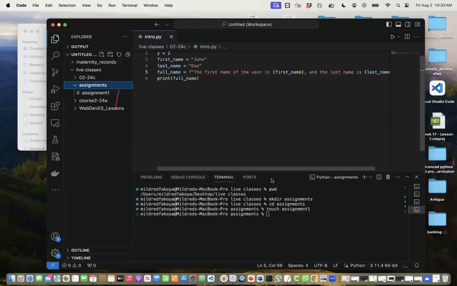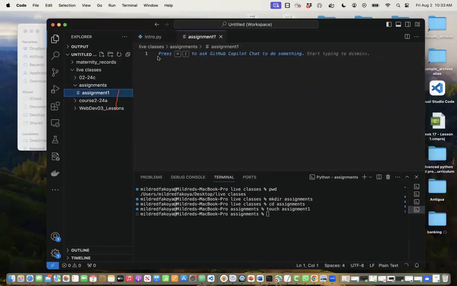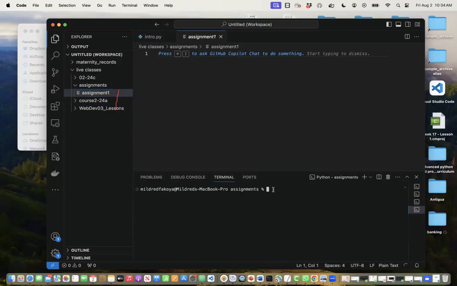You can put an extension to say the type of file you're creating. So I put assignment1 without an extension. Okay, and so you have a new file. By default, this will be a text file. So these are basic commands that you run. If I want to clear the screen, I just run the clear command here, and it clears for me to type new stuff. So when you watch the links on your assignment 4 file, you will have a better understanding